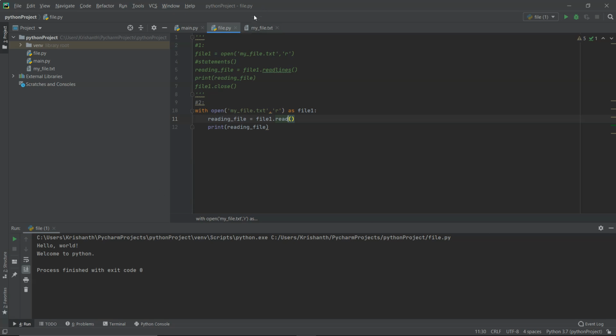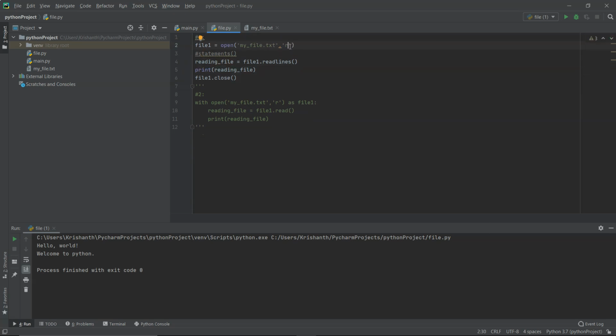Now taking these quotes and changing the quotes to this. You might wonder what is the importance of the mode over here, which is r. So let's try changing it. Let me change this r into w, and let me change this into read, and now let's check